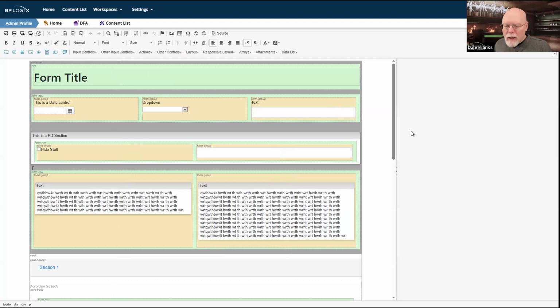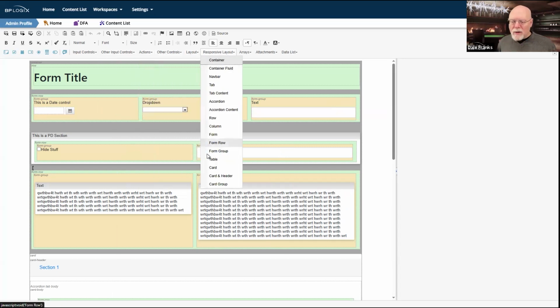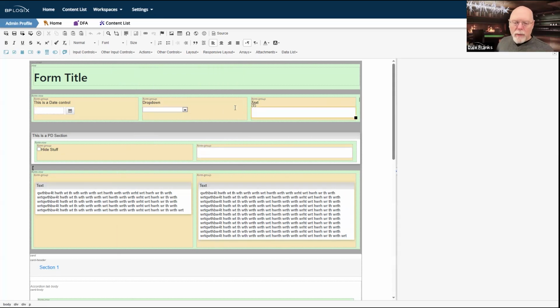What we're really building inside our forms is a mixture of the normal Process Director controls that you're used to sticking on forms, and then these weird div tags that you're sticking on to provide the layout for your forms. As I showed you a few minutes ago, I can throw in a row, and if I'm using a row control, I generally throw in a column.